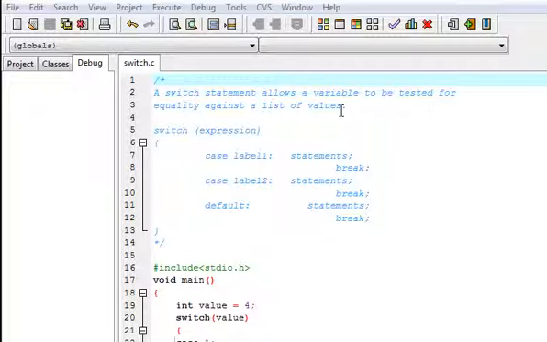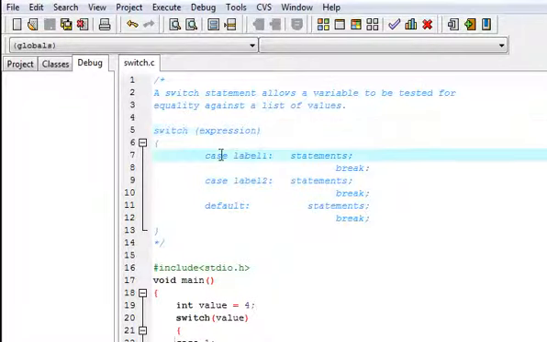We take input of a fruit from the user, and we want to check whether the user has entered apple, mango, and so on. Then we can check that value using this. So what is the syntax for this? We use the switch keyword, then the expression, which is what we have taken as input, a fruit, so we will give fruit here.